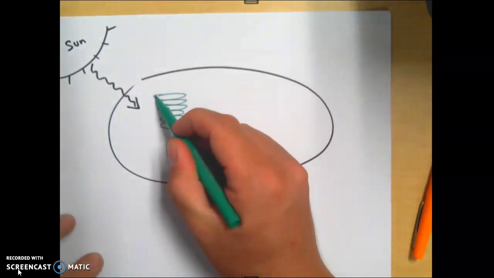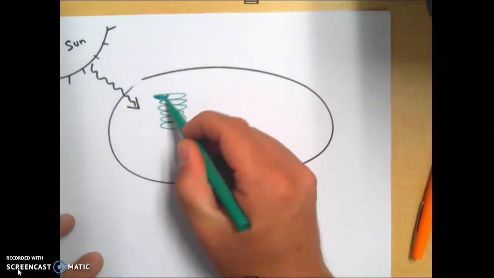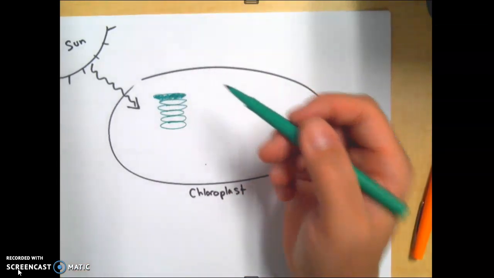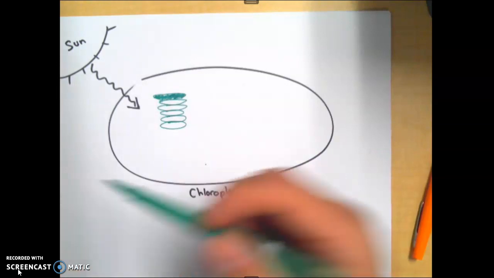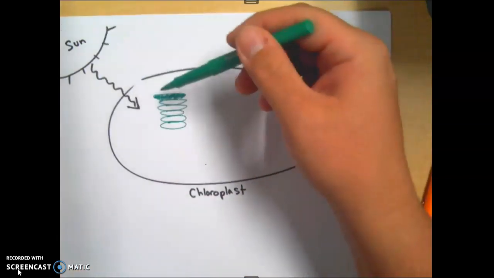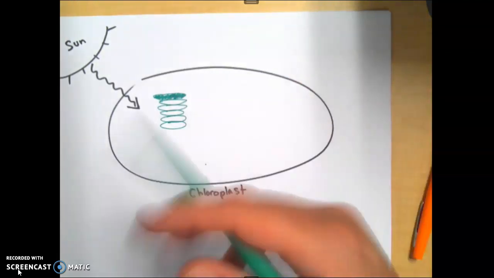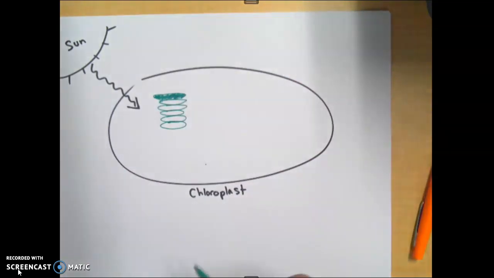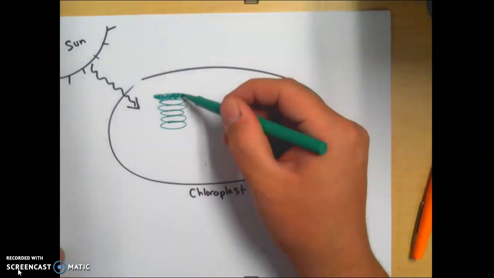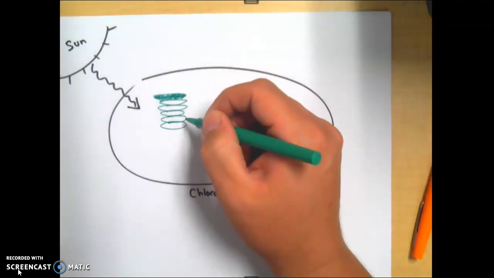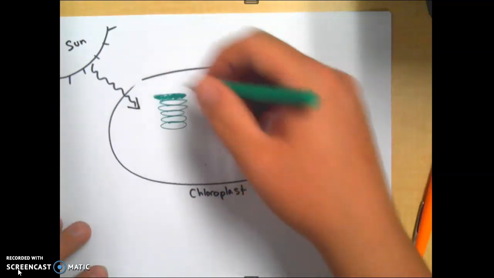The reason why they are green is inside of them they have a green pigment called chlorophyll, which, as the sunlight hits this pigment, is going to release some electrons, which is going to allow us to do this first part. But what you need to know is the individual disc is called a thylakoid. The stack of discs is called a granum, and there are several of these grana